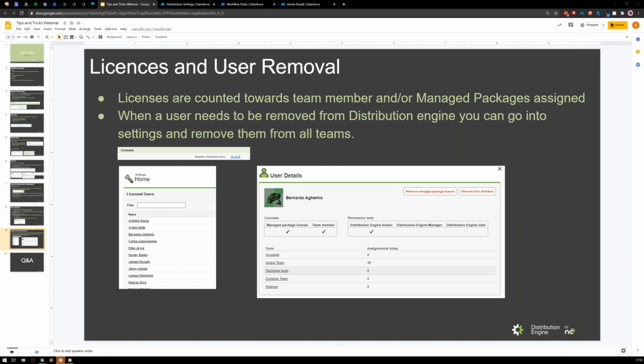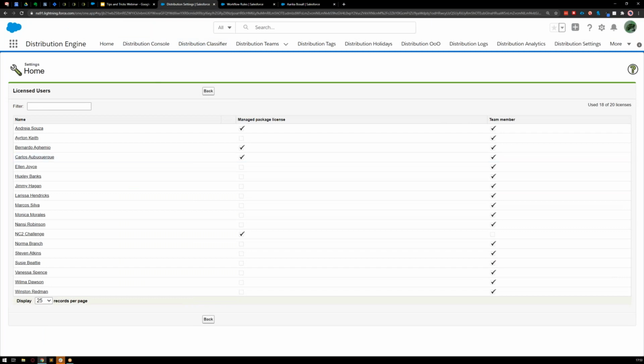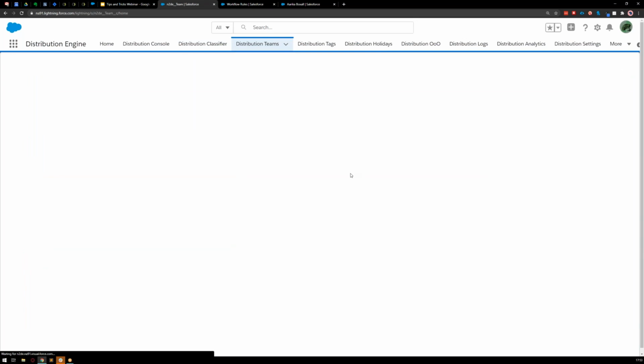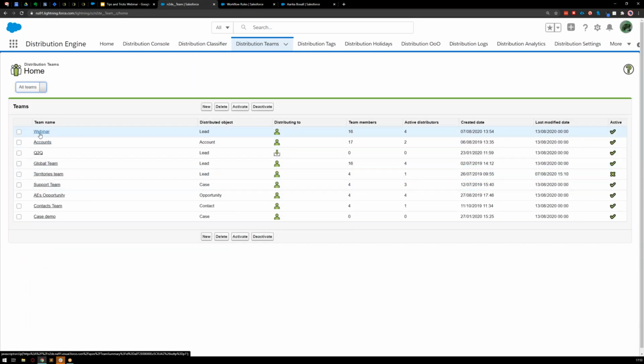No, at the moment we cannot put the related information there. The information has to sit on the record that's being distributed for dynamic tags. Sorry, I forgot to mention, Robert asked about dynamic tags using related information. At the moment, the information has to sit on the record, so we cannot do a related one. We cannot do a hop to